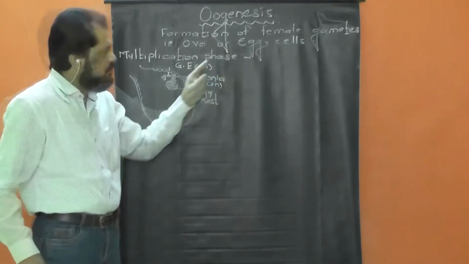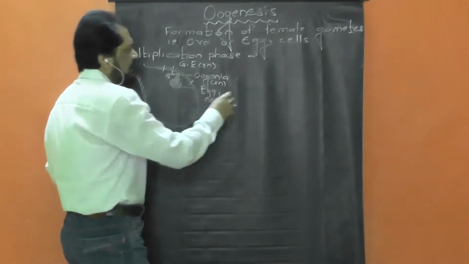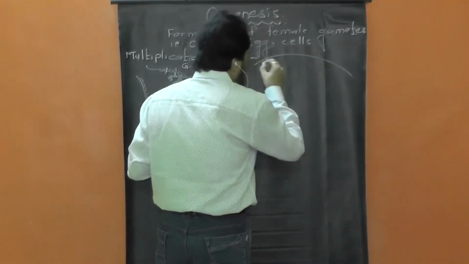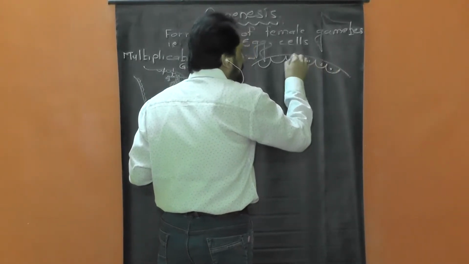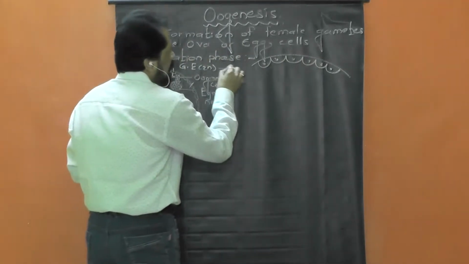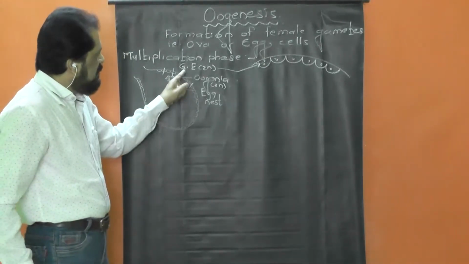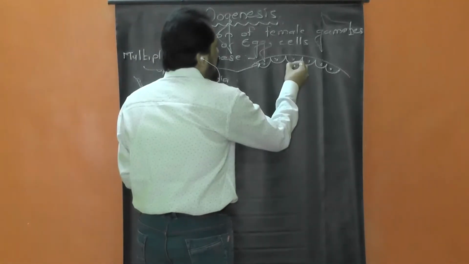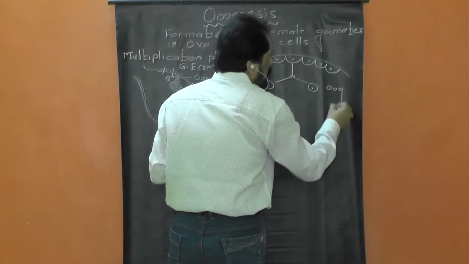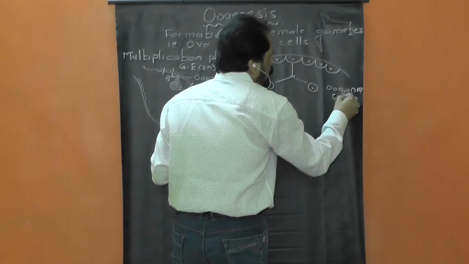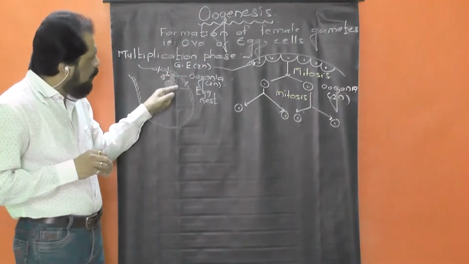Now the same thing here I am going to draw and explain. Just imagine this much part of the germinal epithelium here. Look, this is supposed to be the germinal epithelium. The germinal epithelial cells, which are diploid in nature, undergo repeated mitotic cell divisions to form many diploid cells. These diploid cells are called the oogonia. This phase is nothing but the multiplication phase. Now, in this one egg nest,